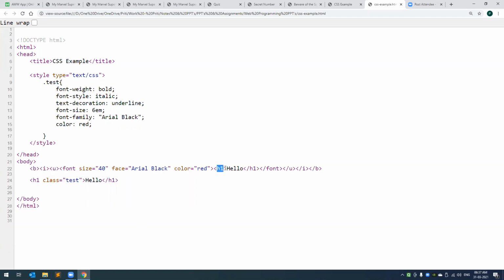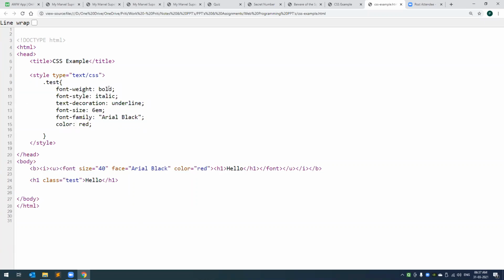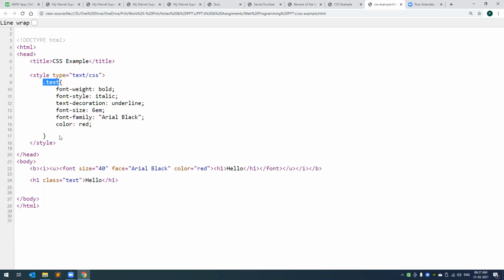And this is a header command. Okay. So in this header command, what I have done is all of these styles I have written in one common place on top of it. Okay, so I have made my text bold, italic, underline, change the font size, change the type of the font and the color of the font. I have given this set of styles a name, and I'm just calling that name over here. That is it. What have I done? I have separated my HTML and my CSS.